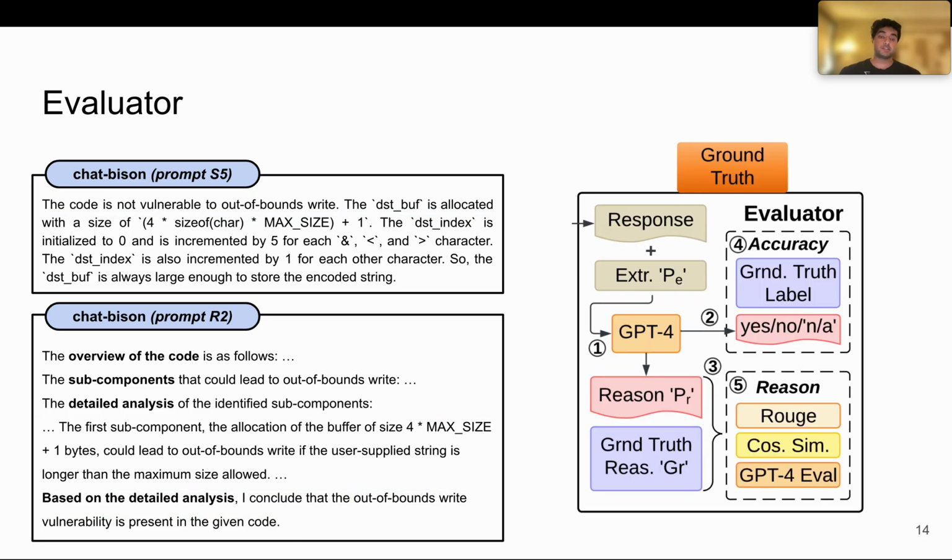How we do it: these responses are fed to our evaluator, where our evaluator leverages GPT-4 to extract these two specific fields from these responses. And the answer, yes or no, is compared against its own ground truth to evaluate the accuracy. However, the reasoning extracted by GPT-4 is compared against the ground truth reasoning designed by three security experts, and it is compared using NLP metrics to see if they both align with each other or not. So that's how we find out if the final answer and the reasoning are correct or not.